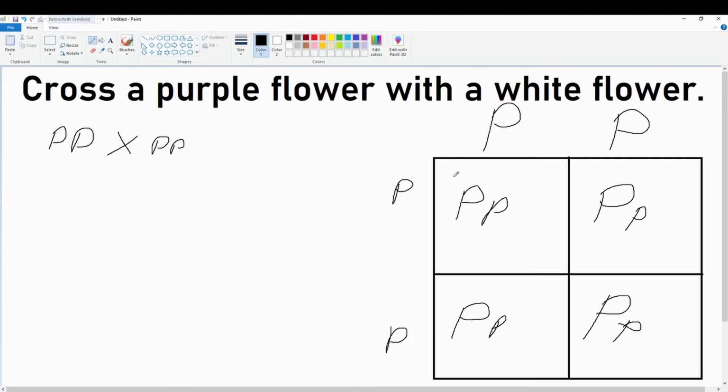Now in this case, every single outcome of this monohybrid cross is going to be a purple flower, because we said purple is dominant, and therefore these each have one dominant phenotype, one dominant genotype, I apologize, and one inferior genotype. So all four